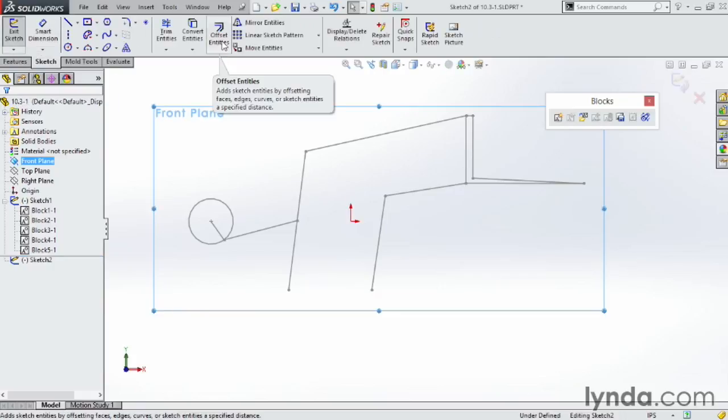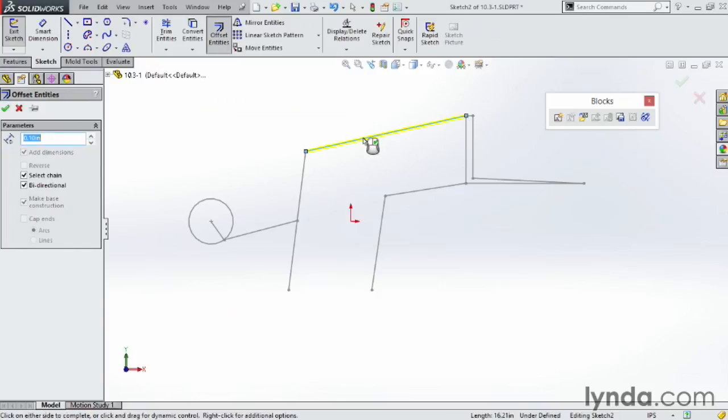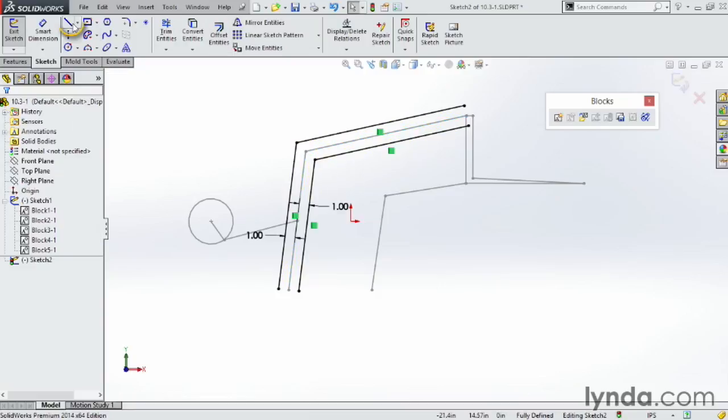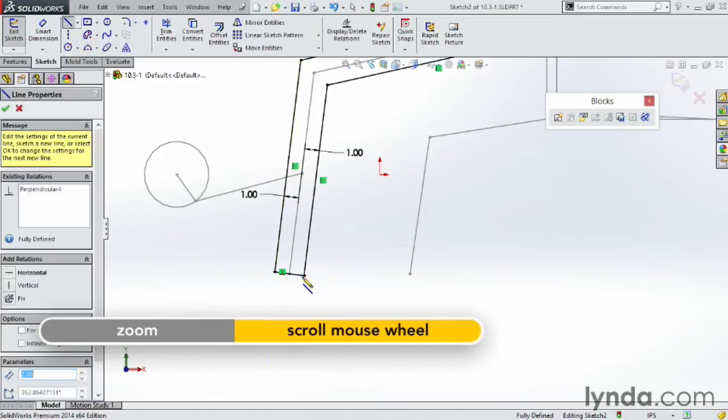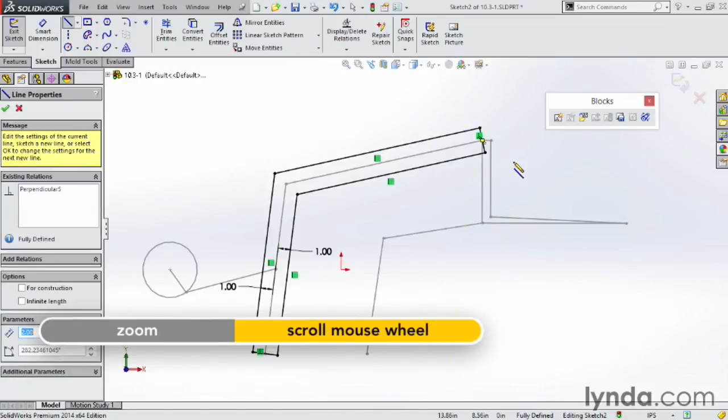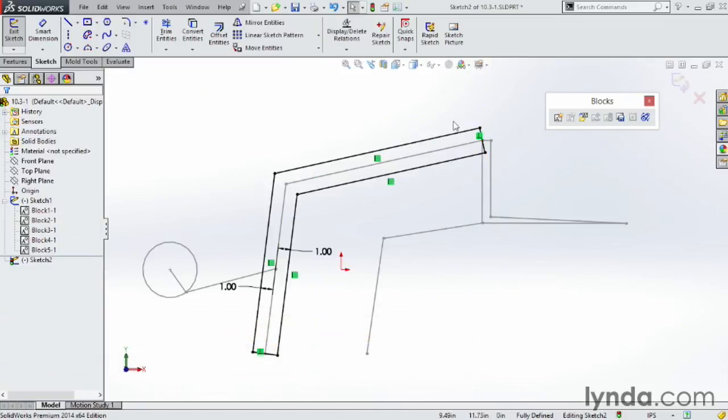And I'm just going to go ahead and use Offset Entities. I'm going to choose this line here and that one down there. I'm going to make sure that I'm making a big enough component. It'll still be pretty small, but go ahead and click OK. And then go ahead and cap the ends with a straight line segment. You can see this is a rough example, but it allows me to build some geometry around that original block sketch